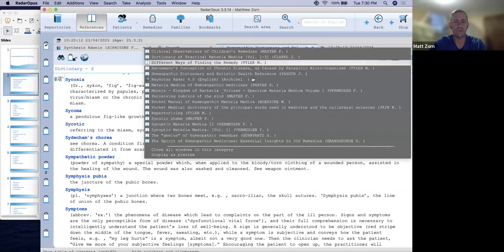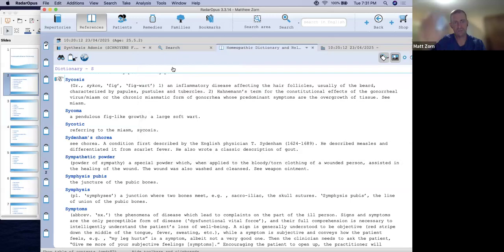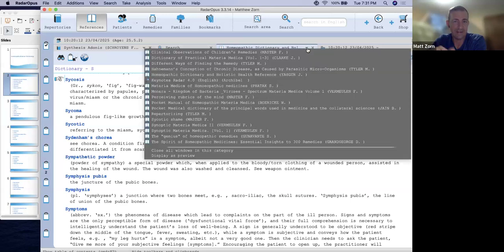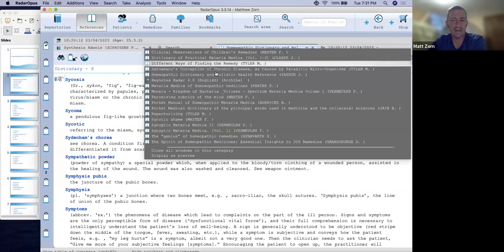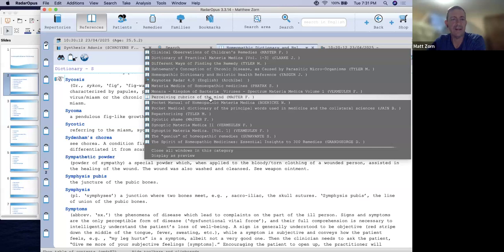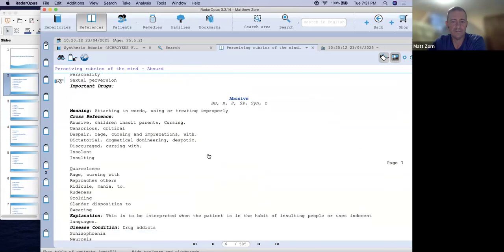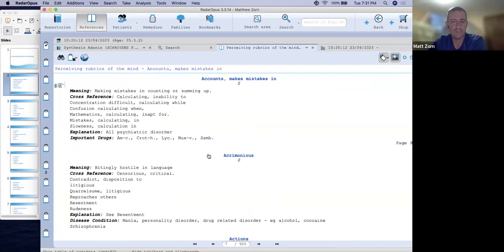So I actually wanted to show you, if you see what I'm doing, I'm not sure what skill level everybody is at here, but if you're learning terminology, maybe you're very new to the repertory and how it works. So right now, Yasgur's is open. I'm going to click on the caret facing downward, and these are all the references that I currently have open. I'm in Yasgur, so I'm going to go down to perceiving rubrics of the mind again. I just click on it once and then go down to used, absorbed,